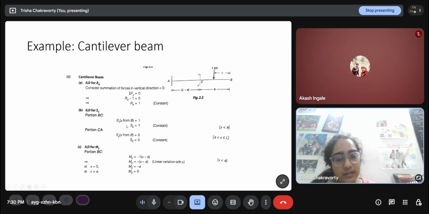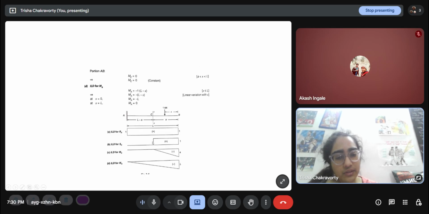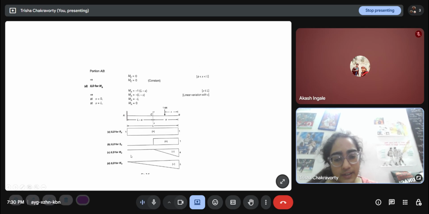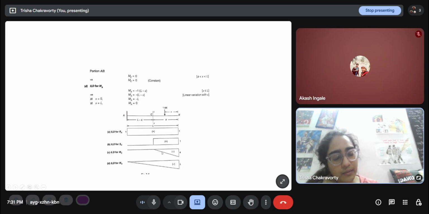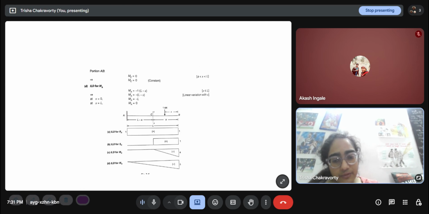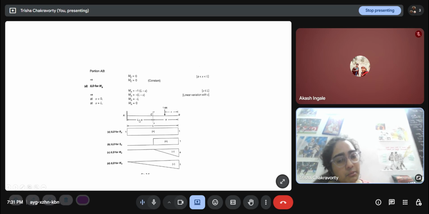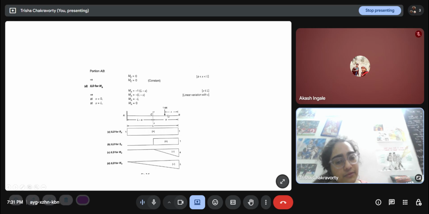For SC, here there is a jump. There has to be a jump here. C is the section, so here it will be 0. Then here it will be 1. And for moment at MC also, while the load is here, there is some non-zero moment. But once it is here, there is no moment. This part will remain constant 0 because the load has moved beyond this point when you are approaching from the right side. And ILD for MA: when the force is at the tip of the cantilever, the magnitude of the moment reaction would be L. So this is L, and when the force is exactly here, there will be no moment generated. So here it will be 0. So this is a straight line like this.